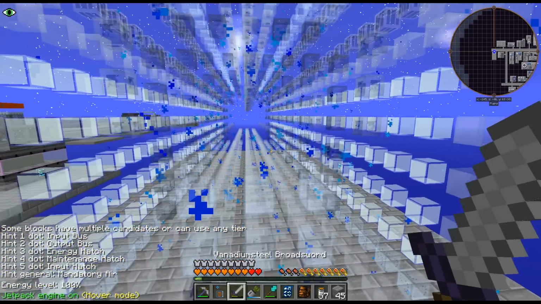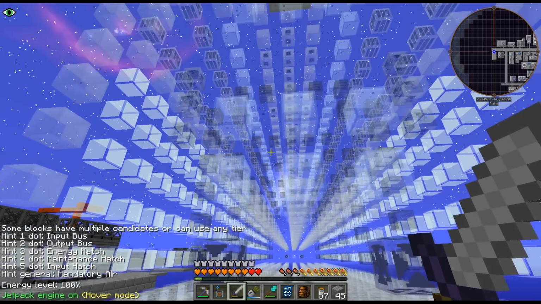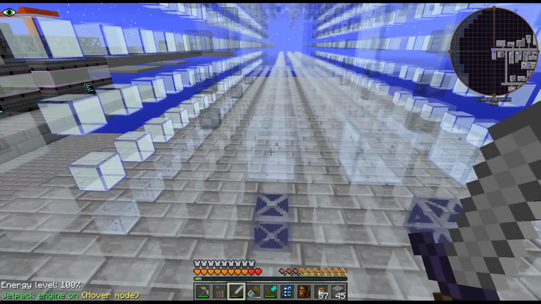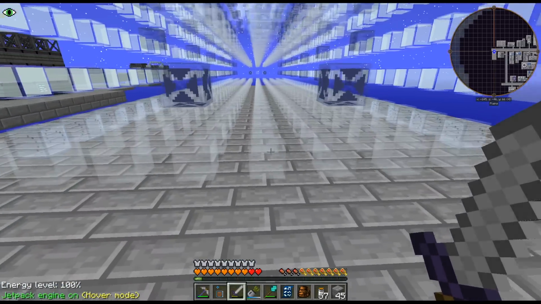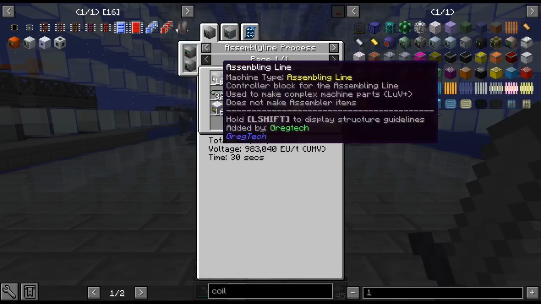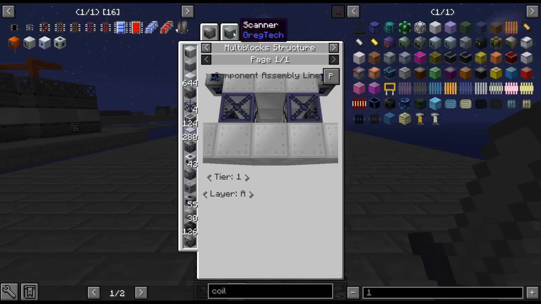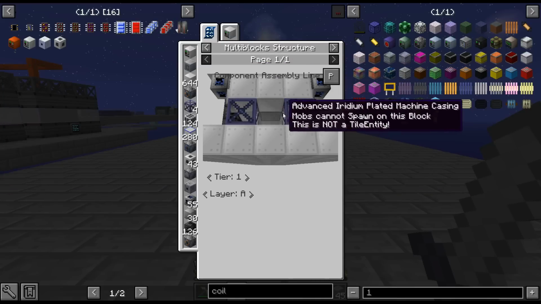I think, I'm not entirely sure. You see the hint, one dot is the input bus. There's only 6 places we can place an input bus. Does that mean this multi-block, we don't need to have these organized by order anymore? Is that what I'm getting from that? We don't have to worry about